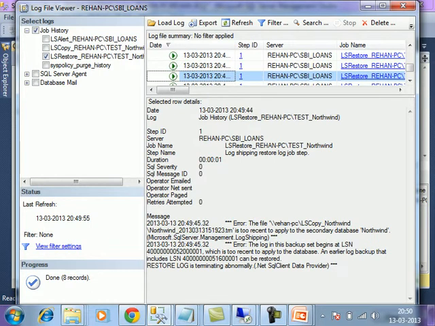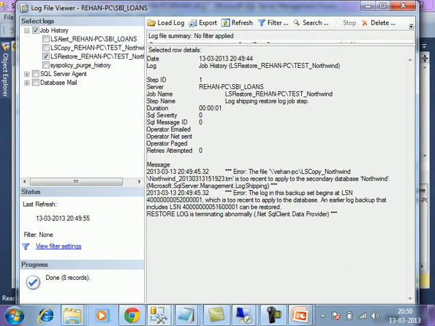See, very clear message it is saying. What is the message? See, the transaction log file 1923.trn is too recent to apply to the secondary database Northwind.